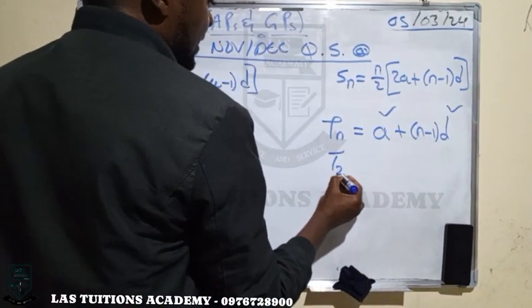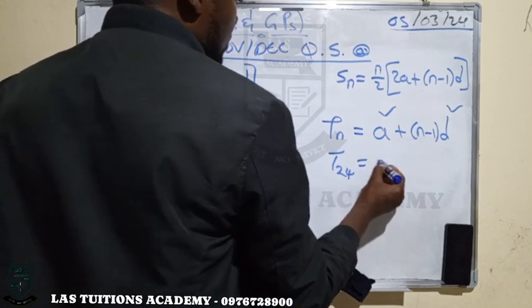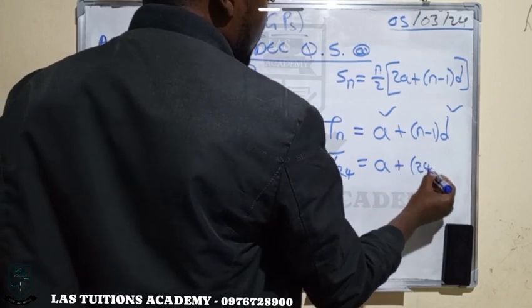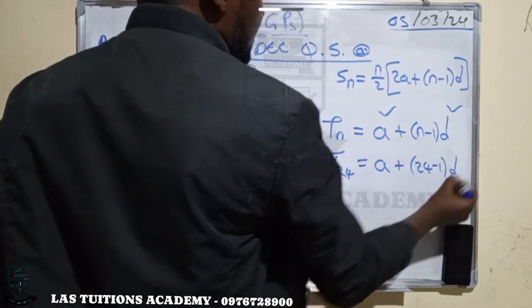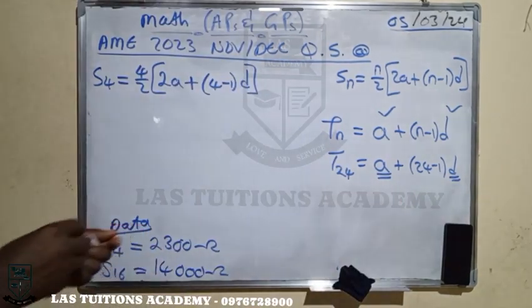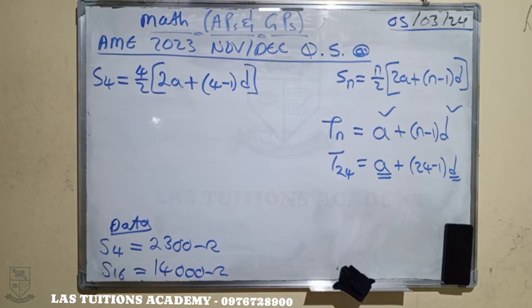We are finding the 24th term, so we should have A plus 24 minus 1 times D. We don't have D and we don't have A for us to find the 24th term. So now, because we don't have those, that becomes